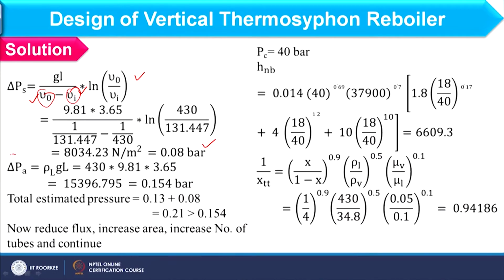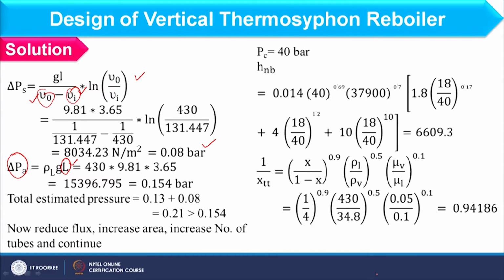Okay. So, total pressure drop available is basically rho L GL. Okay. So, here I am considering length of the tube instead of length of the liquid or level of the liquid available in distillation column, and the reason is very simple, that if you remember the 6th week lectures where design of vertical thermosyphon we have discussed. So, we have observed that the upper tube sheet of tube bundle is available in the level of liquid which is present in distillation column, right. So, total length of the liquid level available in distillation column will be equal to the length of the tube. Okay. So, considering this, we can find out available pressure drop as